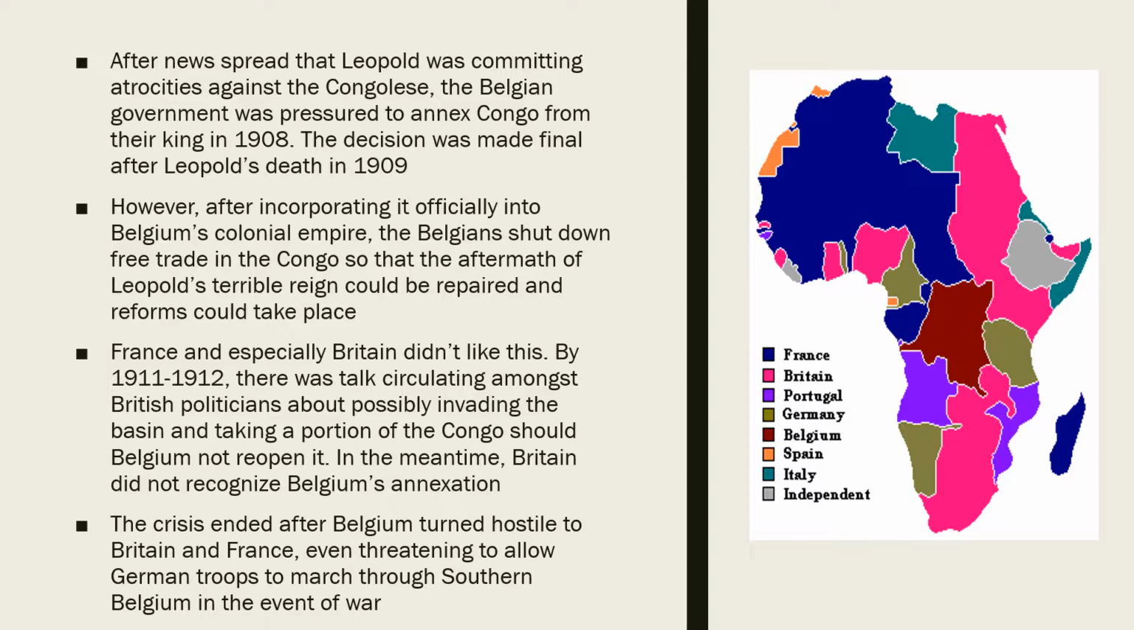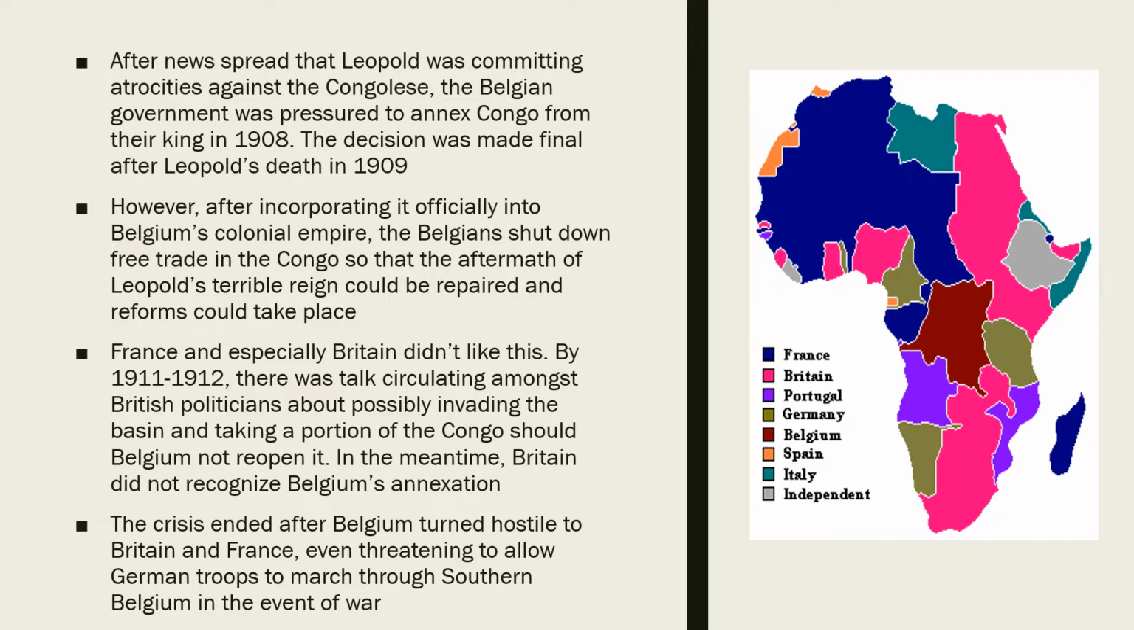The Belgian government decided in 1908 that the best way to allay this outcry, while also getting to take the Congo for itself, would be to annex the region from Leopold. The king objected, of course, but it didn't matter much given the fact that he was dead just a year later. However, after incorporating the region into their new colonial empire, the Belgians shut down the free trade that the